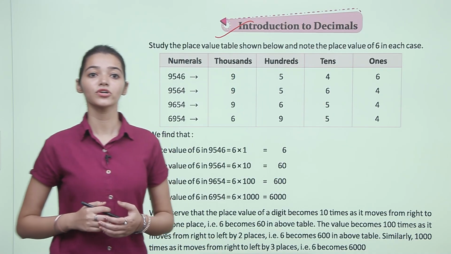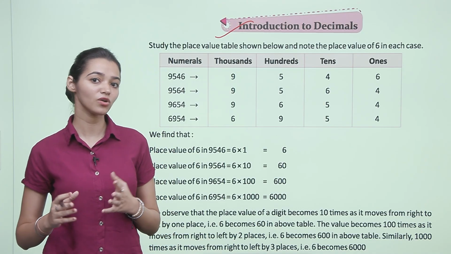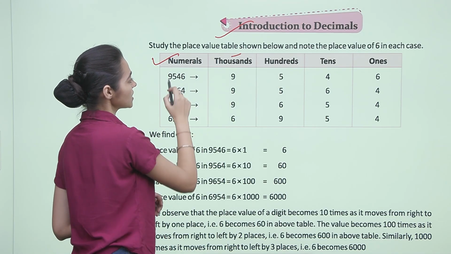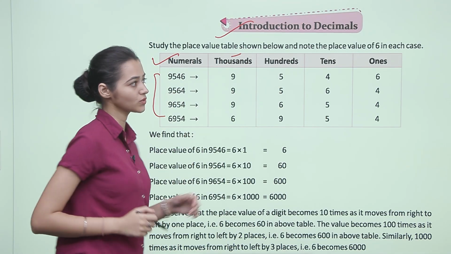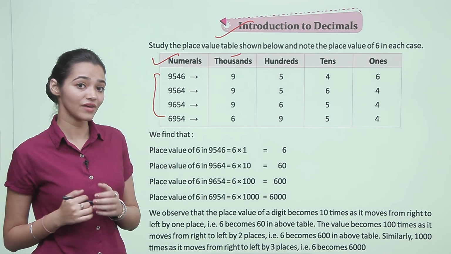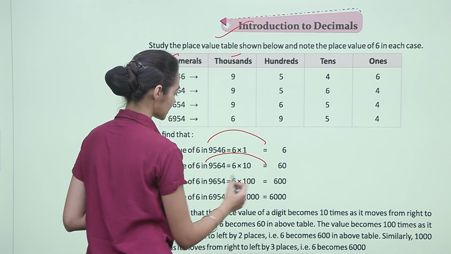Now let's start with the introduction to decimals. We have to study the place value table shown below and note the place value of 6 in each case. Here are the numerals, that is ones, tens, hundreds and thousands. So we wrote them according to the numeral place value system. We find that the place value of 6 in these is 6, the place value of 6 in these is 60,